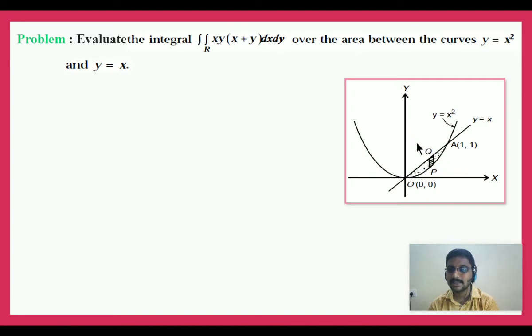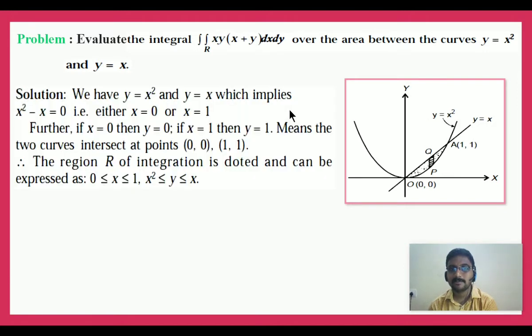In this closed region, we just have to draw a strip. The strip is drawn parallel to the y-axis to get the y limits. The limits of y must be variable limits in terms of x, because the strip is drawn parallel to the y-axis. The lower part of the strip touches the curve, that is y equal to x square, but the upper part of the strip touches the line, that is y equal to x. Thus y limits are obtained. Y varies from x square to x.